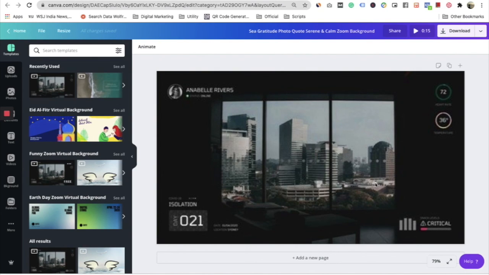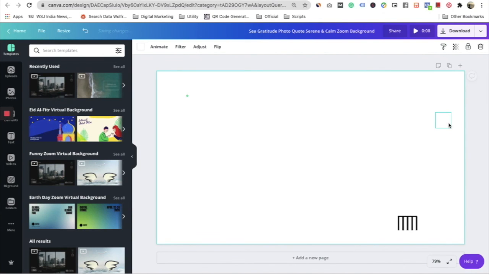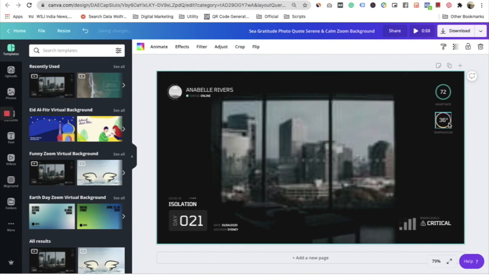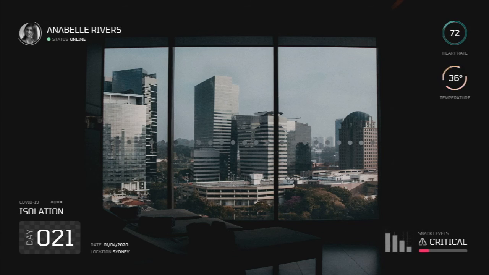For instance, you can put your date over here. You can even put the temperature, of course you have to edit it manually, and this is how you can make your meeting much more interactive.